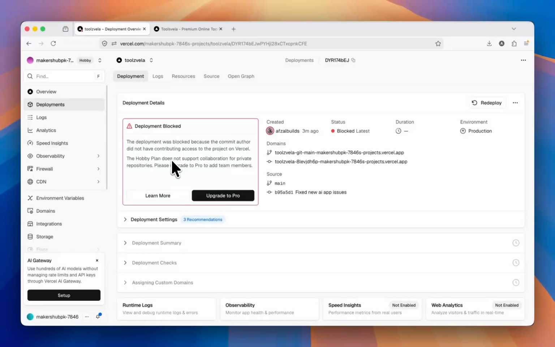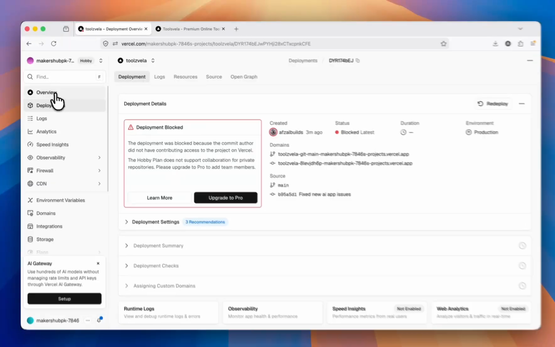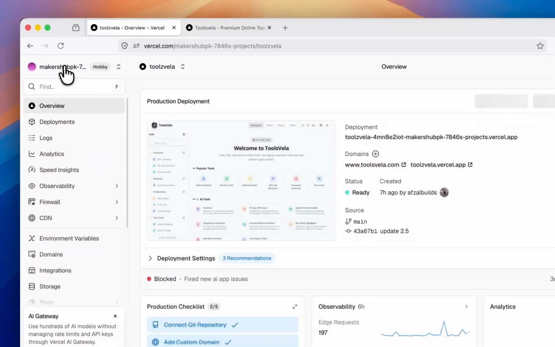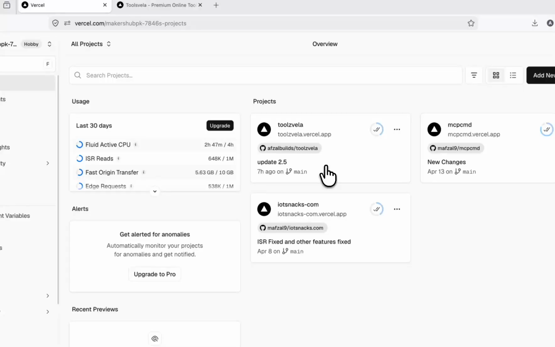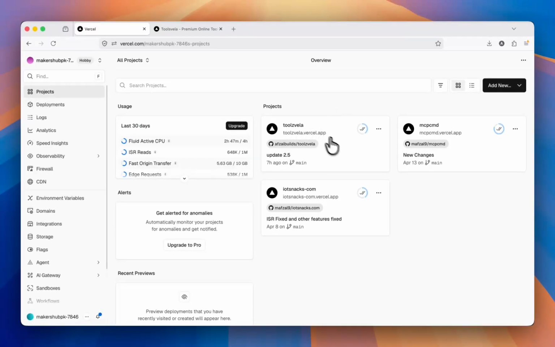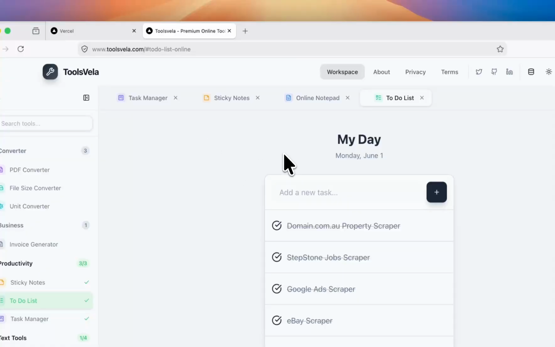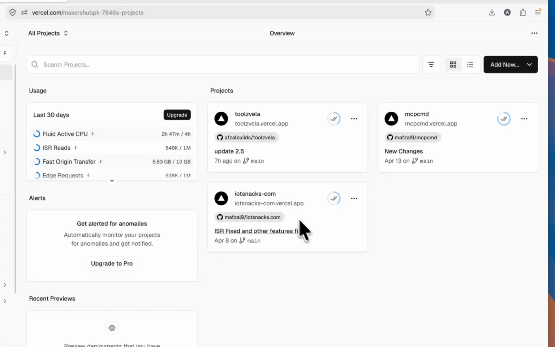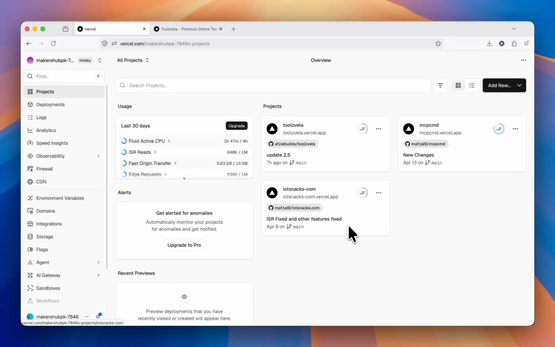right now I have two different Vercel accounts, and I am using these accounts to host 6 different websites. So right now on this account I have toolsvilla.com. This is my website, and I have just updated something, and mcpcmd.iotsynex.com, and on the other account I have MakerBuddy, ImsLab, and some other websites. Okay. So now, due to the recent changes, Vercel only allows you to use one account with one